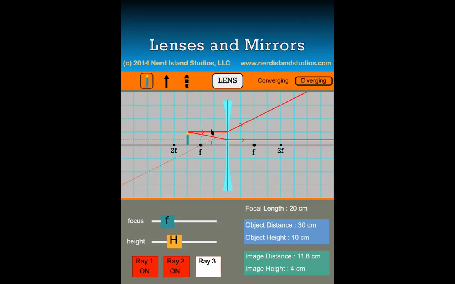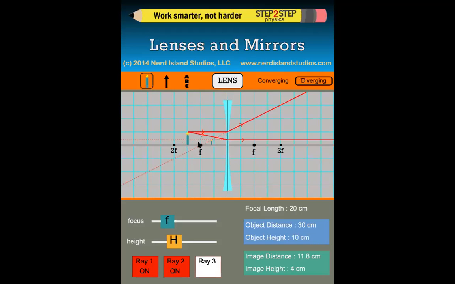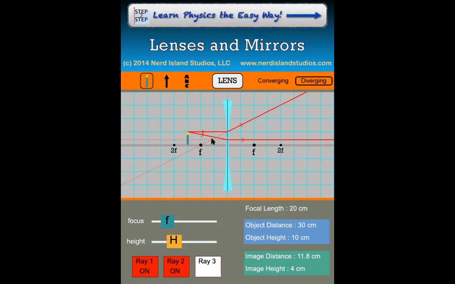Ray 1 straight in and away from, diverge away from the focal point. Ray 2 towards the focal point on the other side. And then straight, parallel to the principal axis. And then our image, we have to go back, trace back to where the image would be. Right? Let's move the object